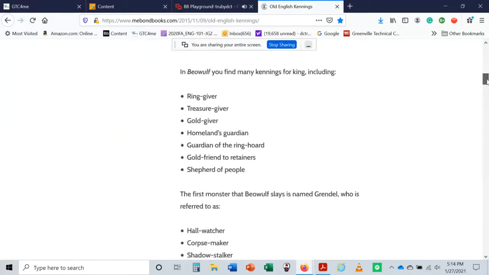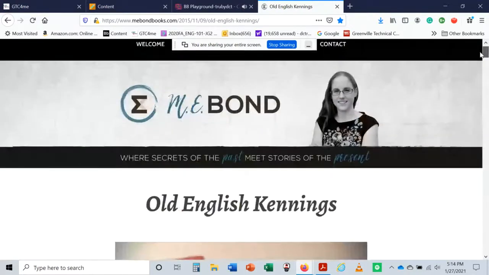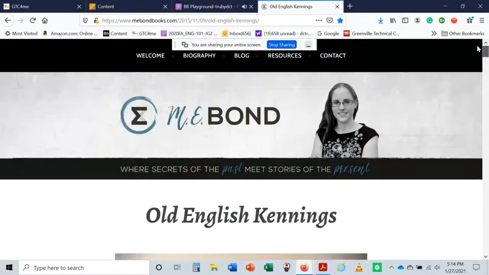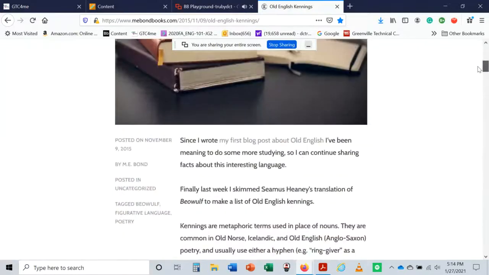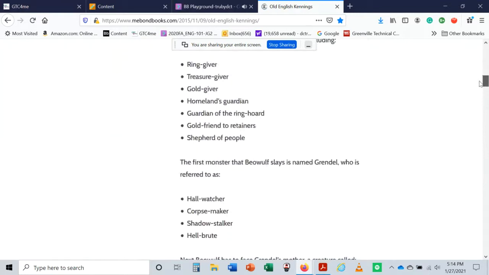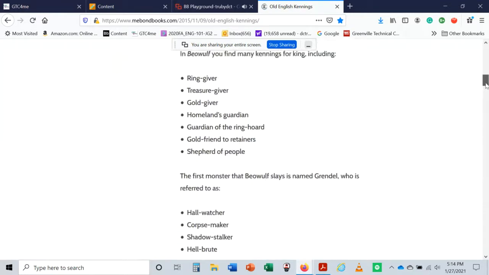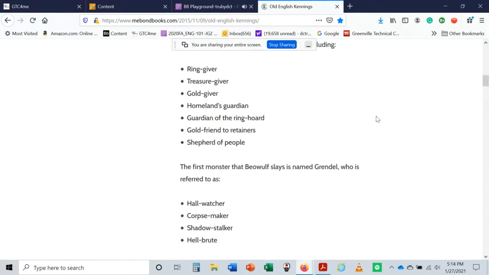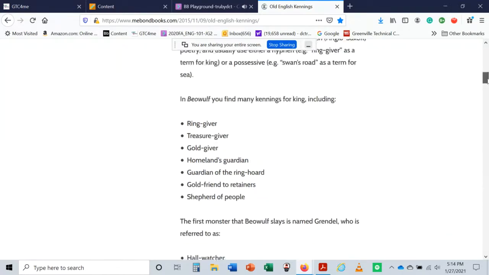So she, I don't know her, but she explains, M.E. Bond, gives a little bit of background on the kennings, but for our purposes, gives us a long list. All right. Ring giver, treasure giver, gold giver, homeland's guardian, guardian of the ring hoard, shepherd of people, and hopefully,